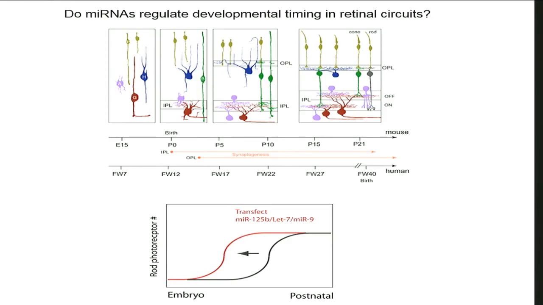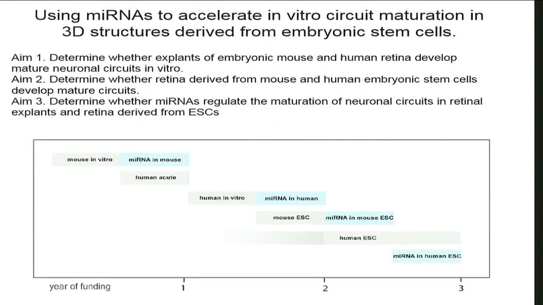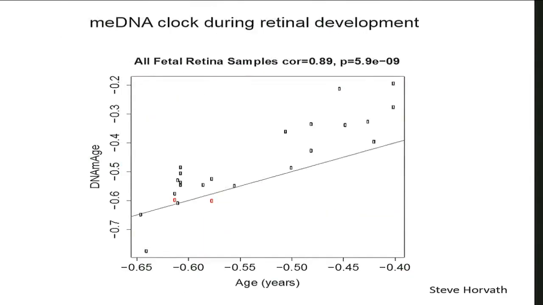And so that's when we turned to him and sent him the same samples that we used for doing the RNA-seq analysis. We took the DNA and did the Illumina methylation array, and then sent the data to Steve, and then he presented that. What's interesting about having this correlation now is that it provides a way in which we can independently measure the age of these embryonic stem cell-derived organoids to see whether they're tracking at the methylation age with the human fetal retinal samples that we have. And I think that's going to turn out to be pretty interesting.